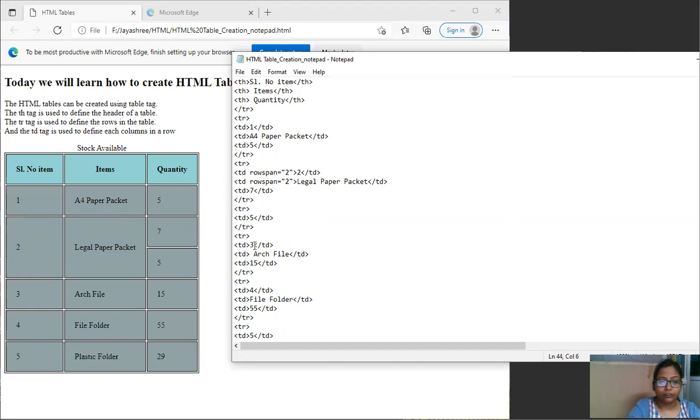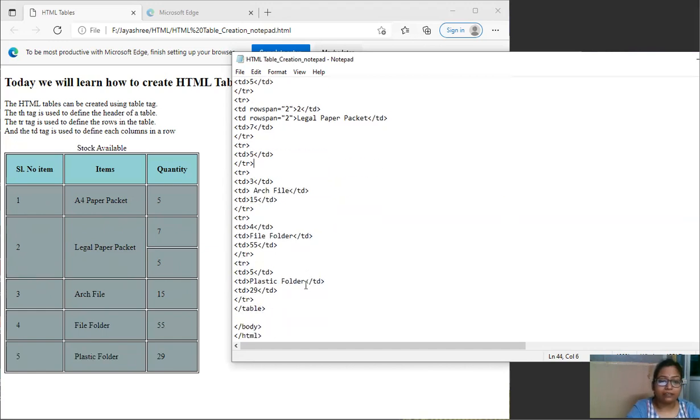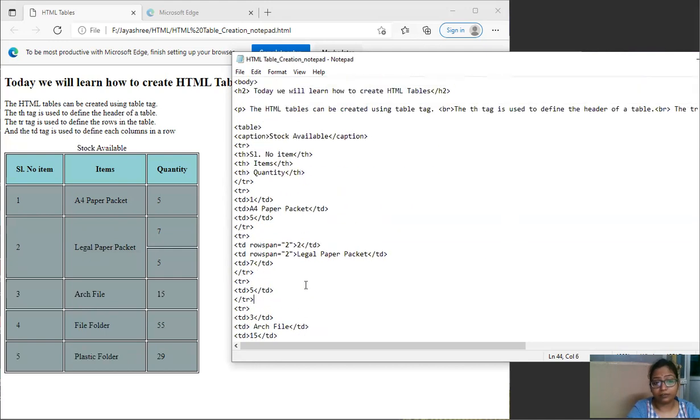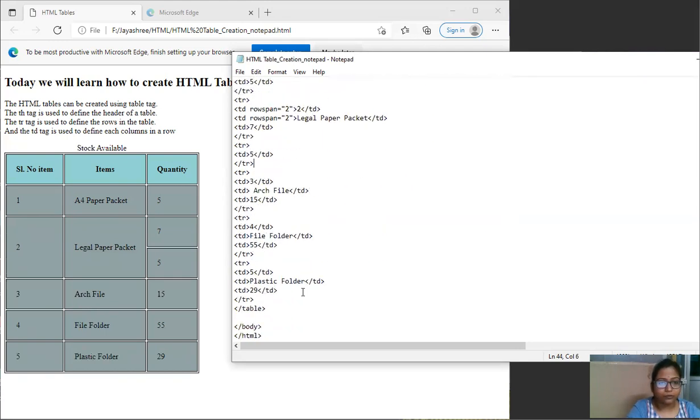Okay. Chalo. Now we will try to understand what colspan is. So to understand colspan, let's create another table. Okay. Let's create another table.